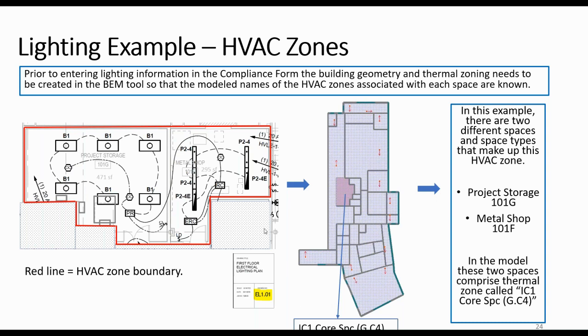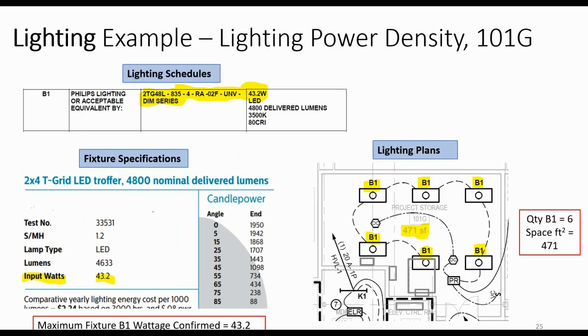So we need to figure out the lighting power density and controls for each of these spaces, and then calculate the lighting power density for this entire zone. And we need to do that for the baseline and the proposed. Okay, so I'm gonna show you how that's done when we get to the compliance form, but I just want